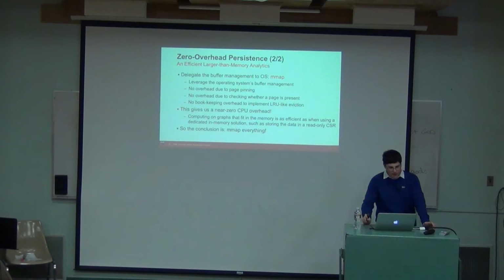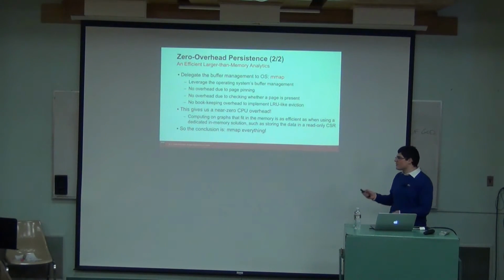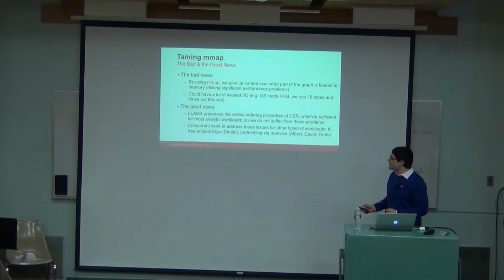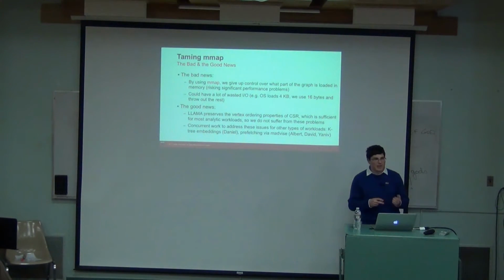The result is, once the operating system loads in all of the graph, we compute on it as fast as if it was a dedicated in-memory solution. So ideally, we would like to just map everything. The bad truth is that it works in our case, but there are many bad